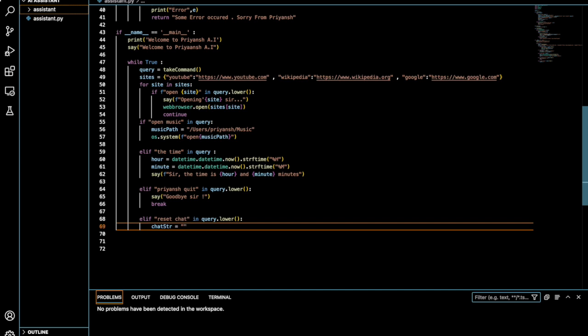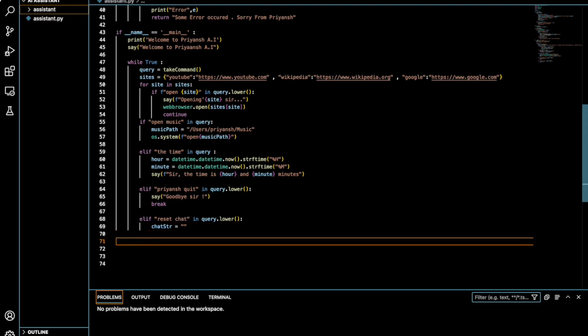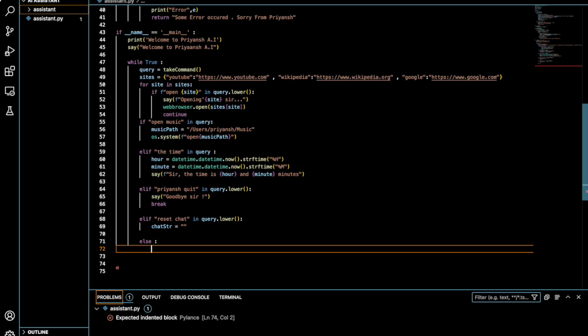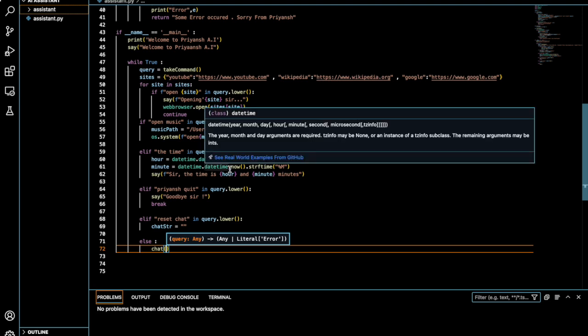एम्प्टी कर दूंगा, ठीक है। और बहुत सारा एलिफ एलिफ एलिफ हो गया। देन उसके बाद, अगर ऐसा कुछ भी नहीं है, अगर इनमें से मैंने कुछ भी नहीं बोला, राइट। अब या तो देख लो, अगर मैंने ओपन म्यूजिक नहीं बोला, साइट के लिए मैंने नहीं बोला, द टाइम, प्रियांश क्विट, रीसेट चैट, इनमें से कुछ भी नहीं बोला, तो एल्स आप अपना नॉर्मल काम करो। चैट फंक्शन जो हमने स्टार्टिंग में बनाया था, और उसमें क्या दिया था? क्वेरी।